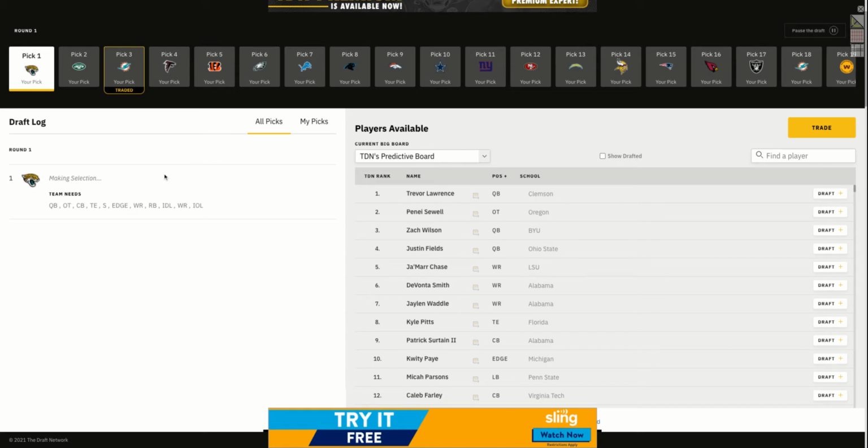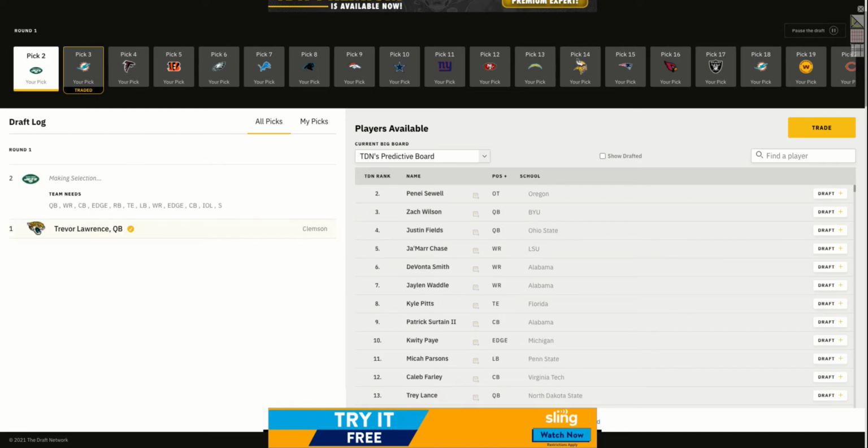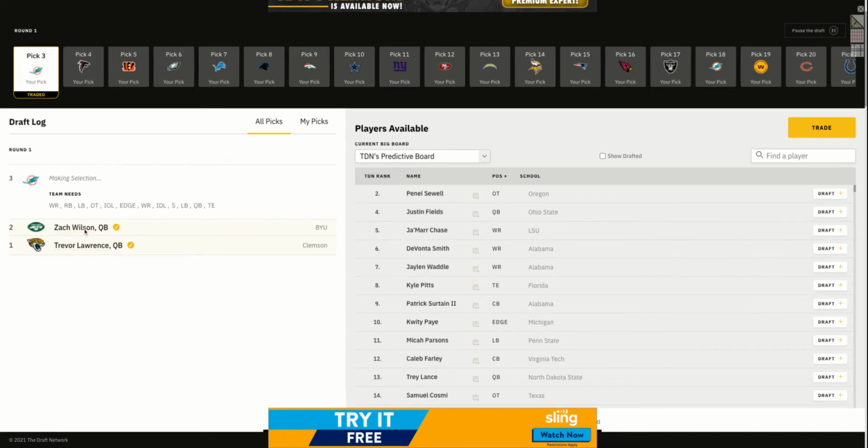So let's start off with the first pick, the Jags on the clock. They obviously will pick Trevor Lawrence based on this simulation. Number 2 pick is the Jets, and this has them going with quarterback Zach Wilson. They do need a quarterback, and Zach Wilson will be the new Jets quarterback based off this. And I want to say my video yesterday that came out was not actually considering any of these draft